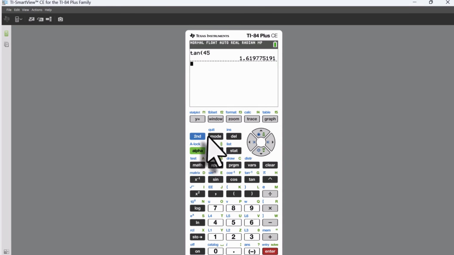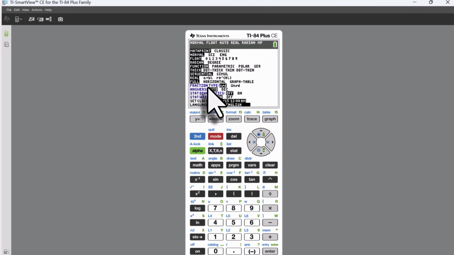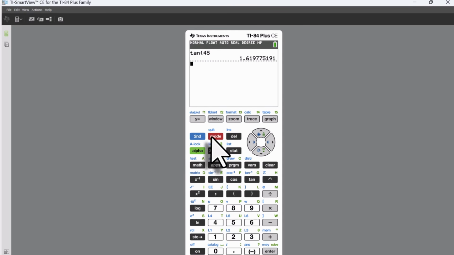I'm going to go to my mode now, and I'm going to scroll down to radians. Over to the right, it's flashing on degrees. I'm going to hit it. The darkness has switched over to degrees. I'm going to go second, quit, come back here. Notice my mode here says it's in degrees. I'm going to come in and type tan 45, and it's going to say 1. So I clearly have shown you how to switch to the different modes on